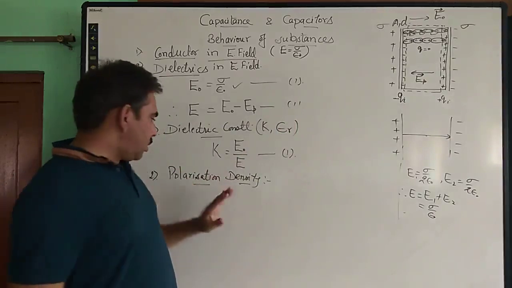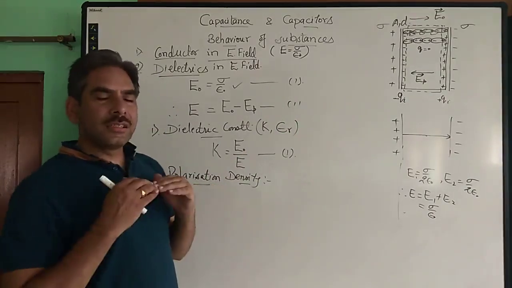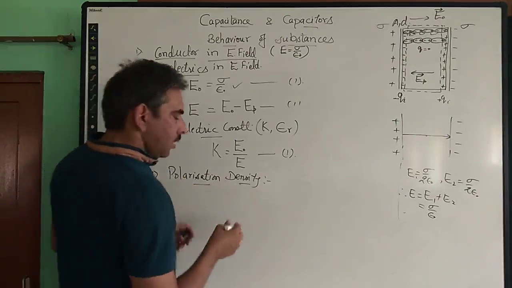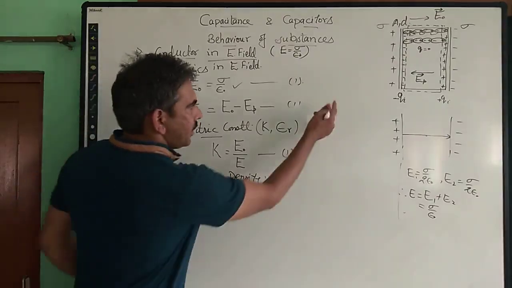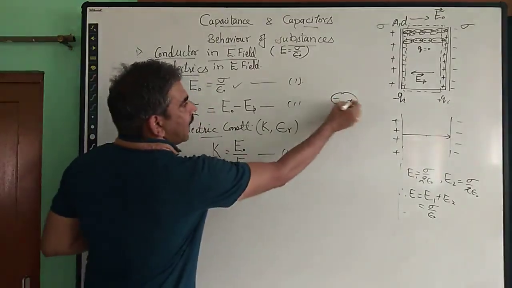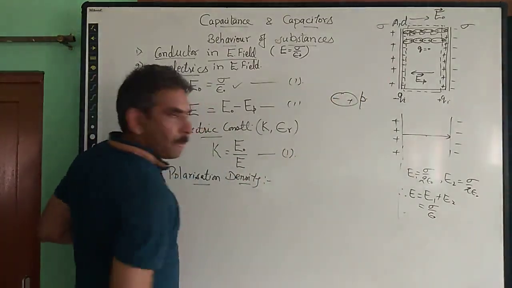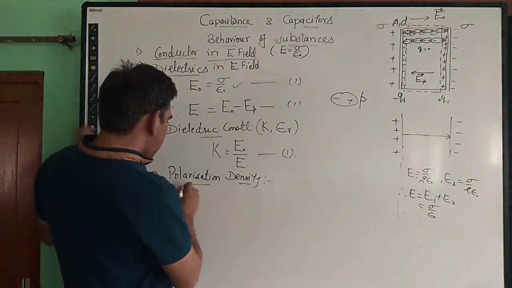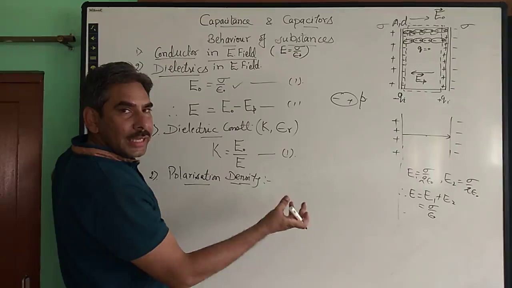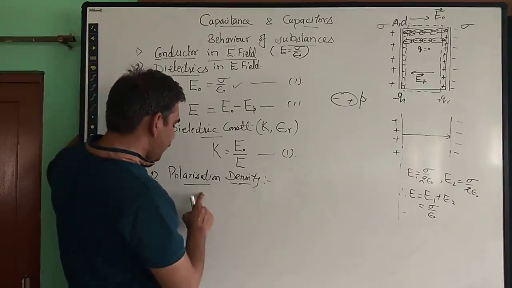So polarization density measures the degree of polarization in any dielectric substance. That is easy to understand because the centers of positive and negative charges are separated, so there will be some dipole moment, right? So the polarization density can be easily understood in the form of the dipole moment that has been induced. So simply we can define it as